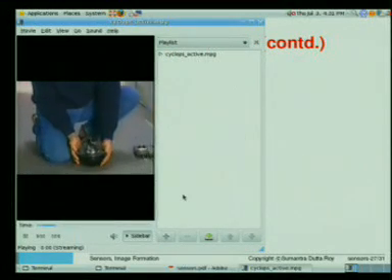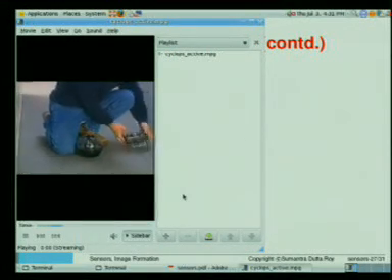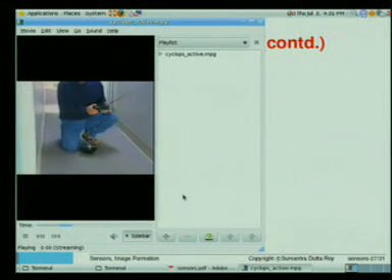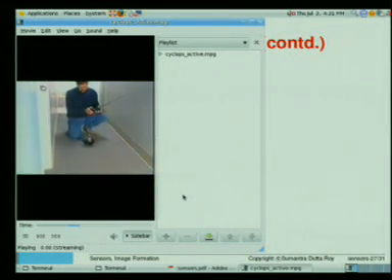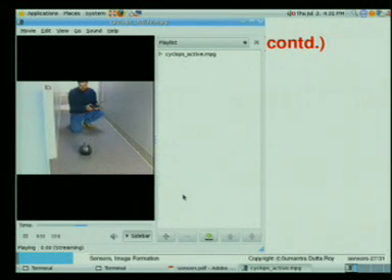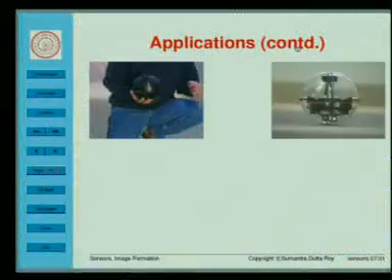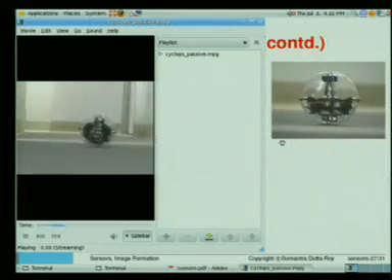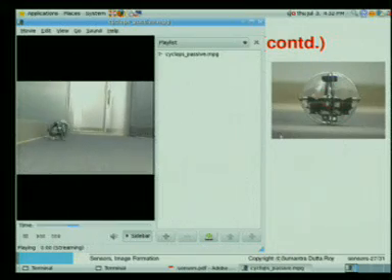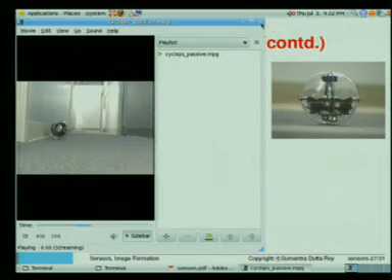Professor Srinaya's group used this Omnicam for a couple of applications. For example, this is a gyro based thing wherein the thing would stabilize itself. It will wobble a little here and there, but then it will come back upright. So, this can be used for auto stabilization of a robotic vehicle. Let us see more applications. Again, this is a similar application. It will stabilize itself again.